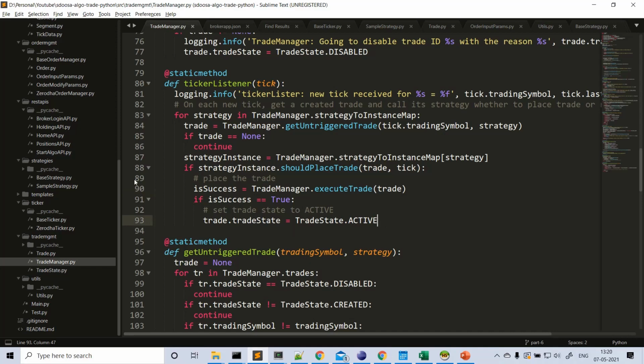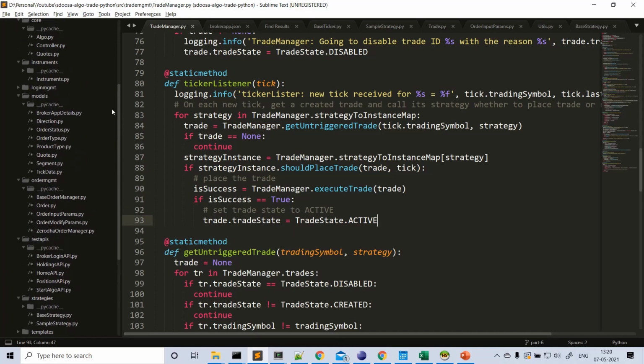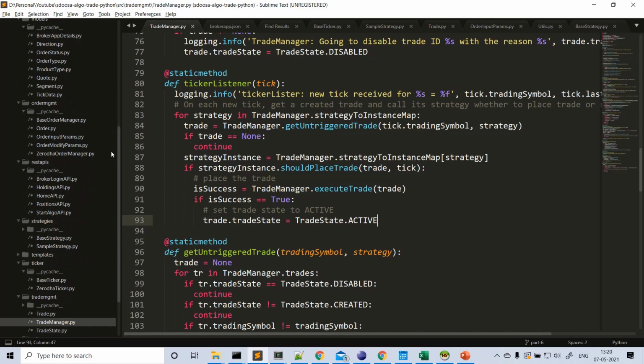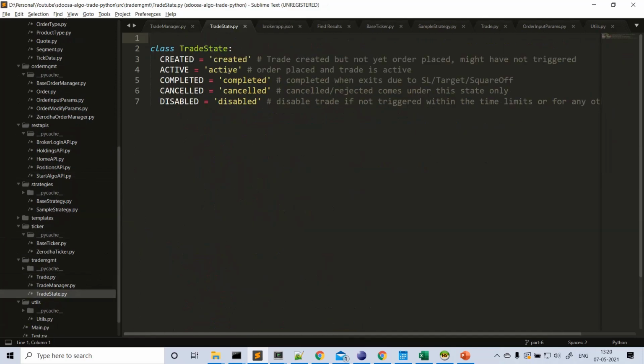What are the trade states we explained earlier? Here it's a model. The first is a created trade. Usually the trade is created from the strategy but not placed yet, correct? After placing the trade, we set the trade to active state. When the trade is completed, like an SL hit order, target order, or you squared up at 3:15, then we set the trade to the completed state.